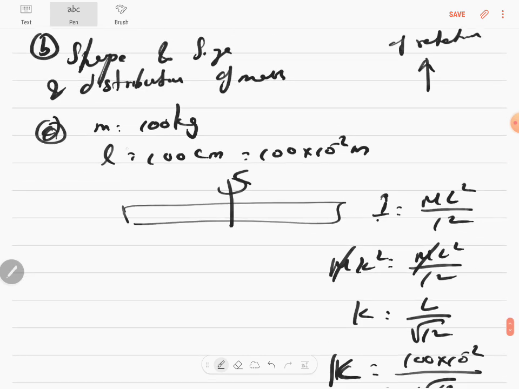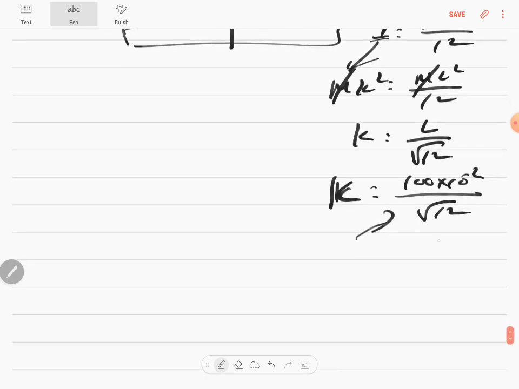Okay, so then mass has been given, length has been given, and the moment of inertia formula is given, but you know moment of inertia is mk square. So equating, you get this. Just substitute and leave it. Okay. So next is